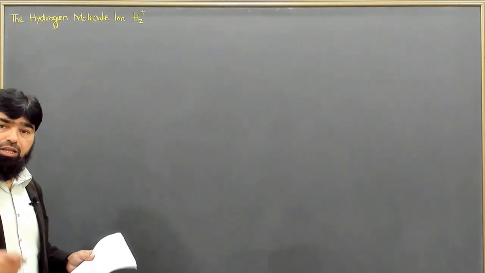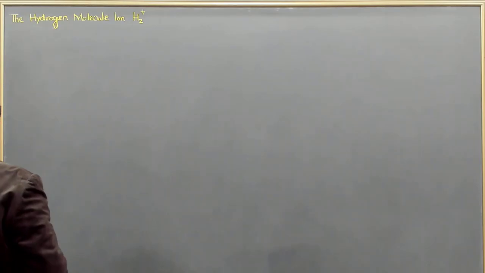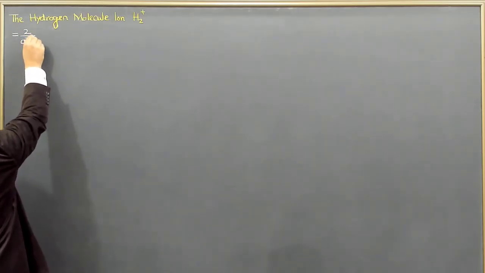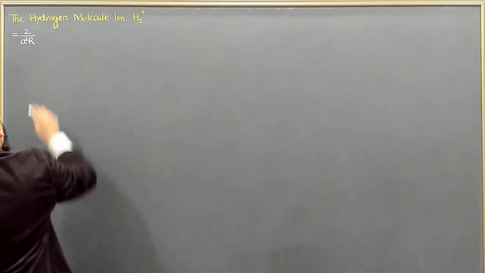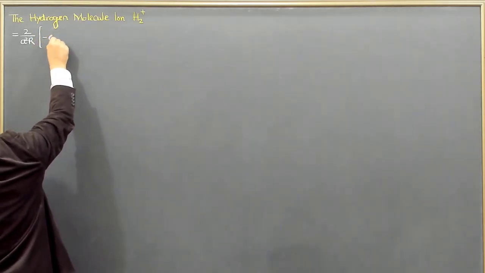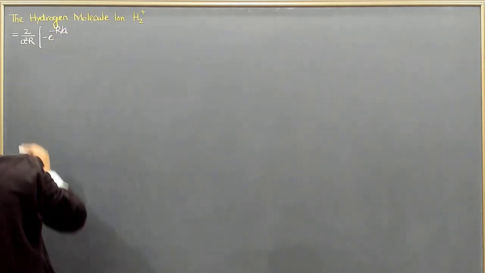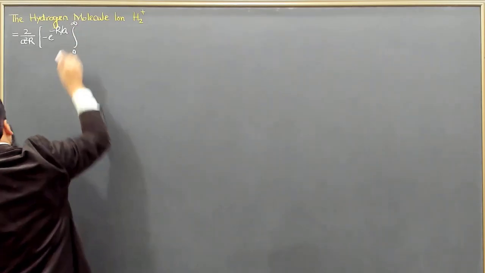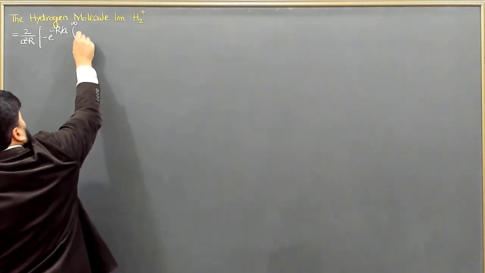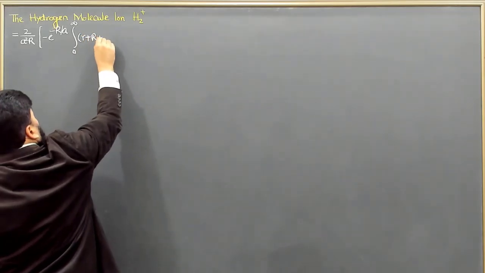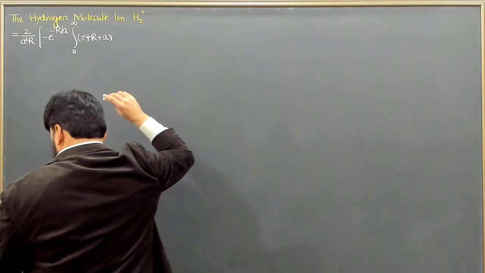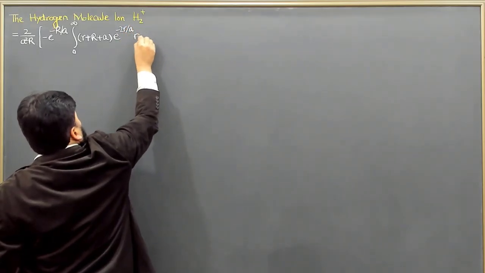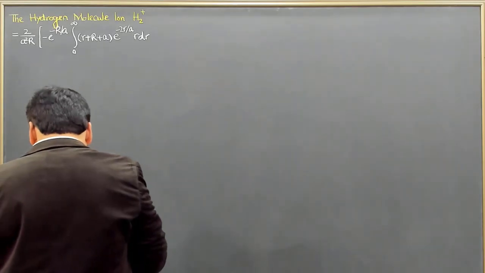So I'm writing the integral in its simplified form. We have this integral I equal to 2 over a squared r, minus e to the power minus r over a, and the first integral goes from 0 to infinity, and r plus a, r plus a, and e to the power minus 2r over a, r dr, and then plus